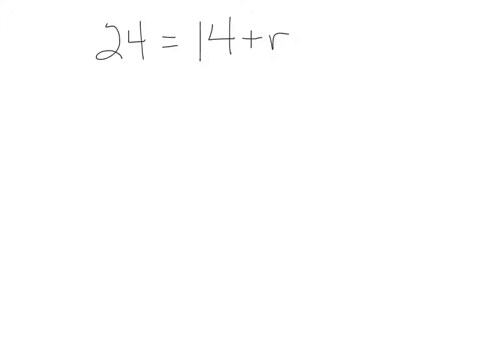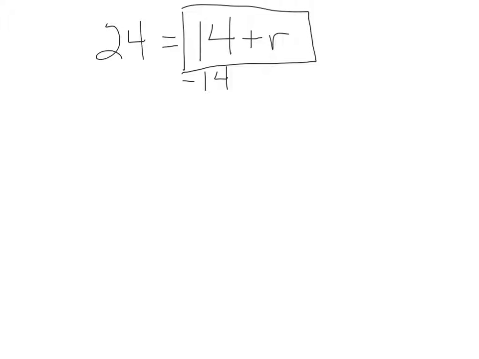Here's one more addition equation that we're going to solve for. It doesn't matter which side of the equal sign the variable is on. If we take a look here, we can see that the variable is on the right. So we're only dealing with the right side of the equation. This is the side that determines if we're going to be using addition or subtraction. So I see a positive 14. I know that the opposite of a positive 14